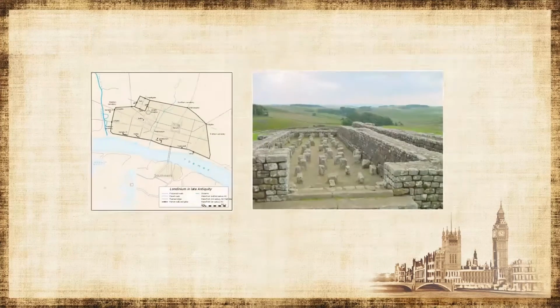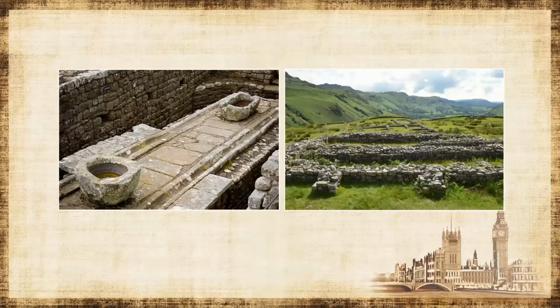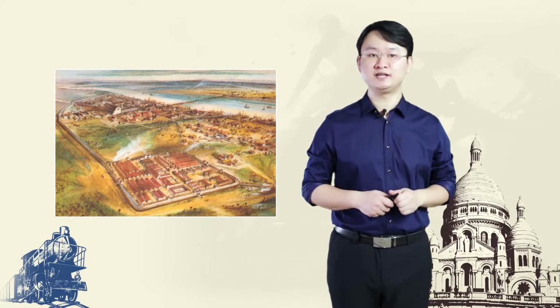York, Gloucester, Lincoln, and London became the chief Roman towns. There were also about 50 other smaller towns. London, which had been a smaller trading settlement before the conquest, now became a center for trade, both by roads and the river. Many cities sprang up round the Roman military camps. The town of Bath became famous for its hot springs. The towns grew up as markets and centers of administration.